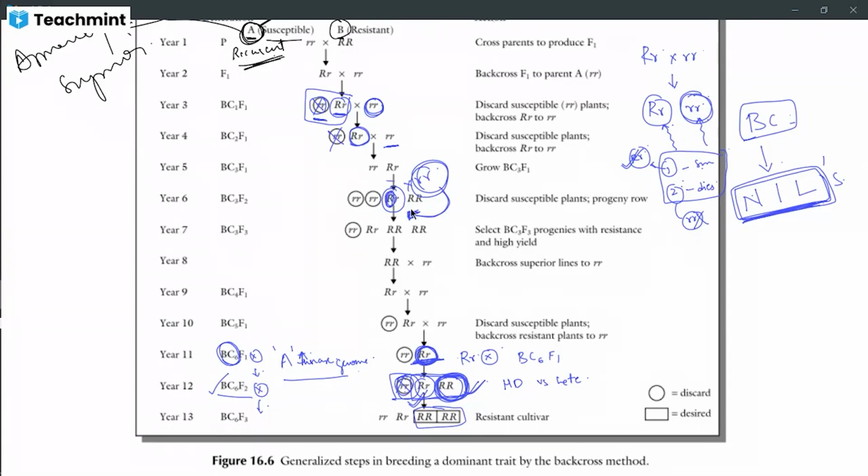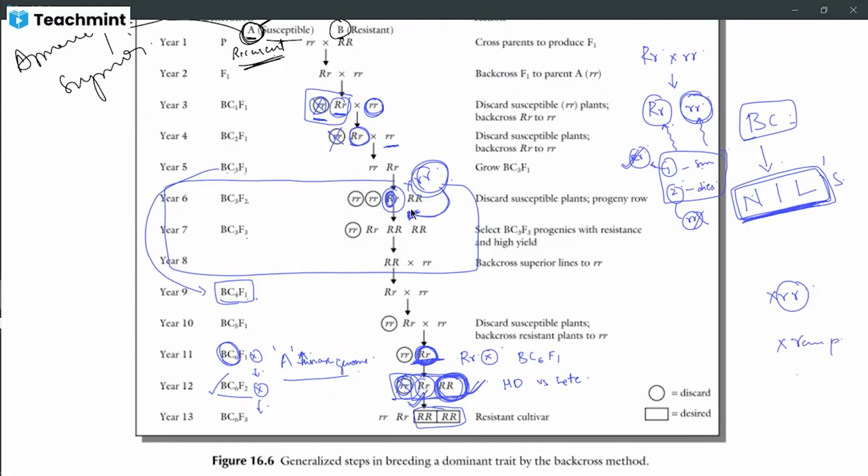This is the other technique, but you don't need to remember this. You just remember, see, BC3F1 they went to F2 and then they went to F3, but again they have backcrossed it and came to BC4F1 directly, right? Just remember, in case of your dominant one, you just need to cross it with your recurrent parent, whereas in case it is governed by the recessive gene, you need to cross it with the recurrent parent, and you also need to perform,